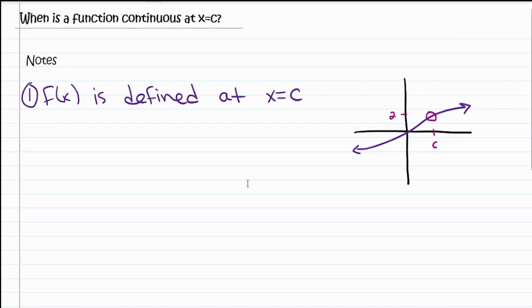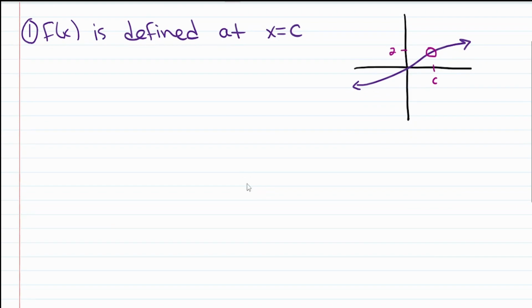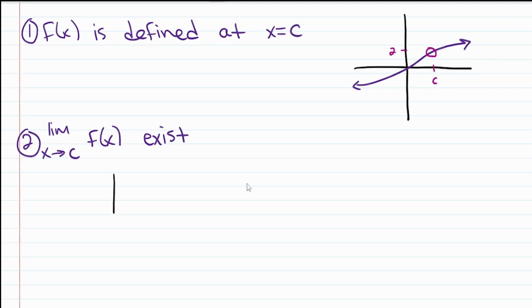So we are good for that one. Next up, our second requirement is that the limit as x approaches c exists. So let's talk about when this occurs and when it might not. So we'll draw two little graphs here. In our first one,